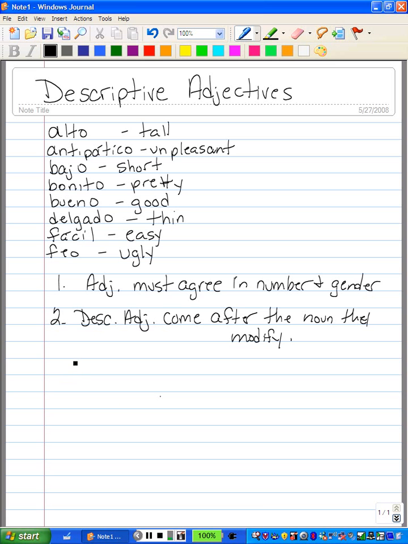Bonito meaning pretty. Pretty can be masculine, it can be feminine depending on the noun. So if you say the pretty house, it would be la casa bonita. If you said the pretty car, it would be el carro bonito.